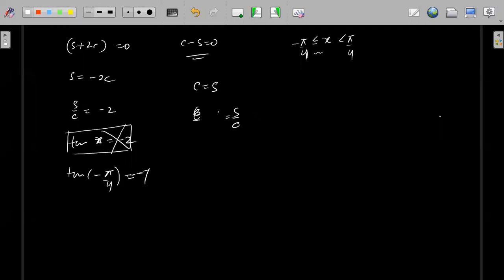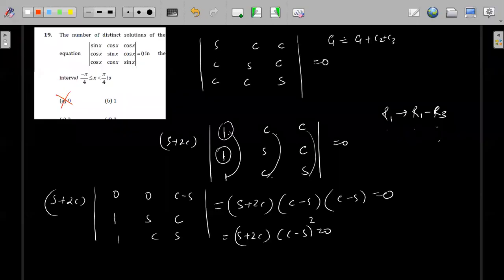That means s by c is equal to 1. That means this will only hold when s is equal to c, so tan of x is equal to 1. That means x should be equal to pi by 4, right? But remember, in the previous a21 not 0. So remember this x should be pi by 4, but pi by 4 is not included. You will not have any solution for this, right?